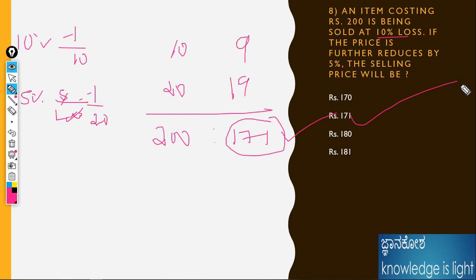171 is the answer. If any problem comes to your mind, the shortcut way is better. That depends on how you solve the problem. There are many ways we can solve this kind of problem. If we are solving a question in our mind, we get blocked at that time, so choose whichever method is suitable and solve using that method only.